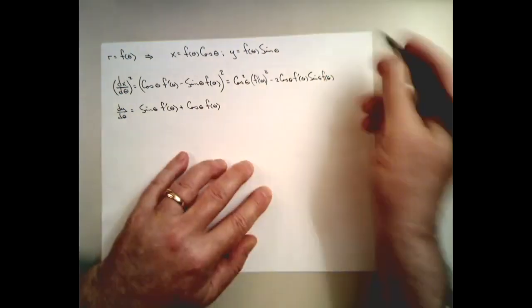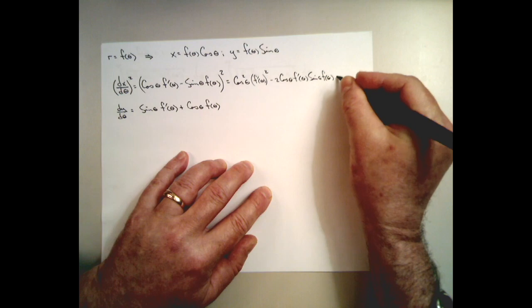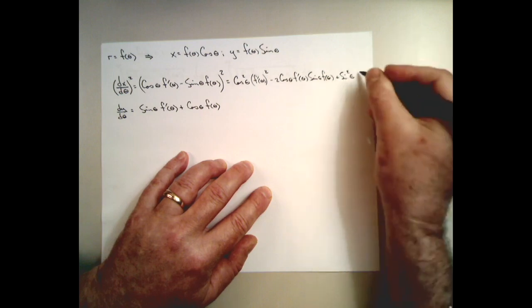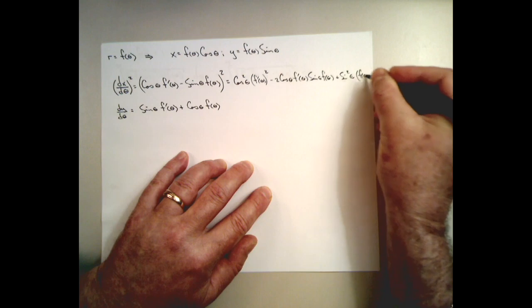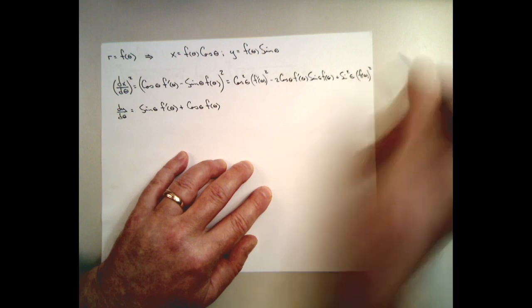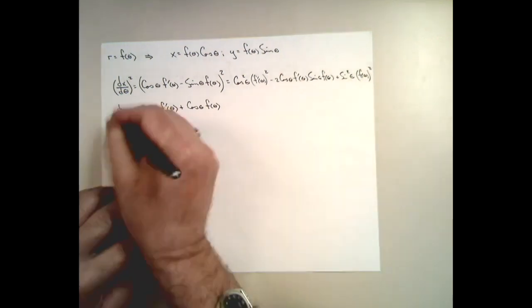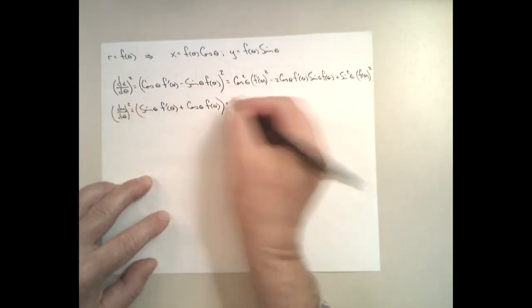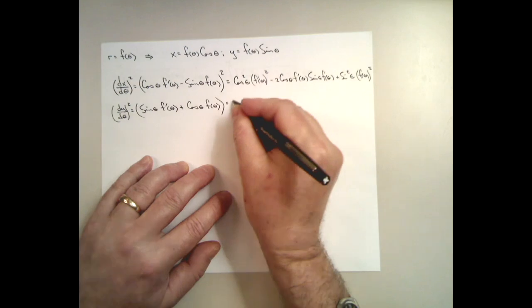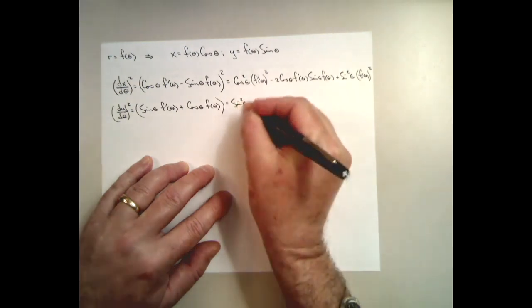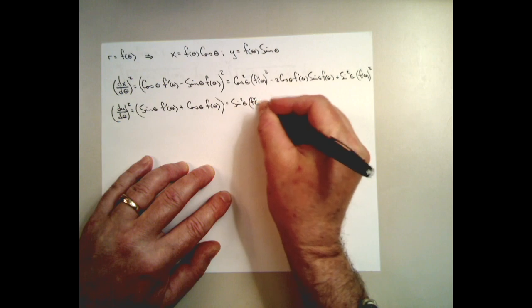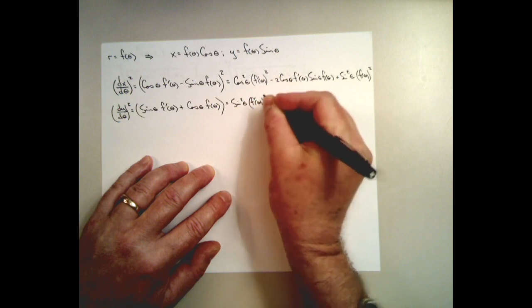Running out of room. Plus sine squared theta f of theta quantity squared. And whenever I square dy d theta, I'm going to get sine squared theta times f prime theta quantity squared